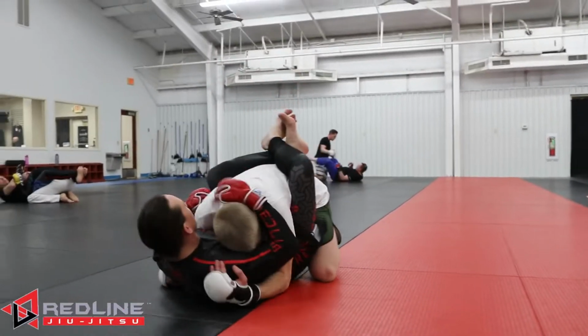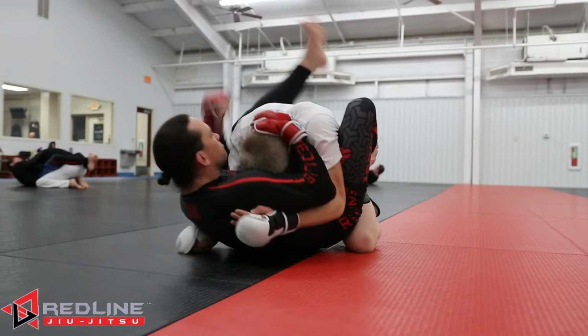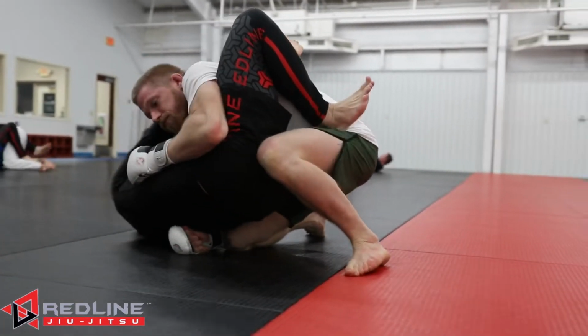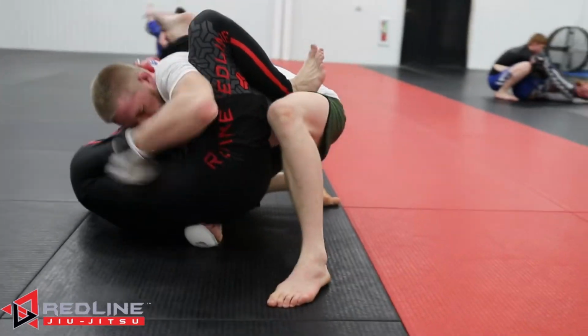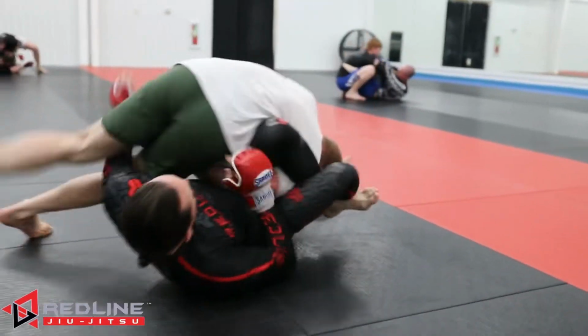All right, so this is Fightlab guard startup. Biggest person starts on bottom, or fattest person in this case, which is me. I'm starting up with a little Nino Guard action right here. Be able to keep him close. I'm going to fake for the arm lock on his left arm and really go to the omoplata on his right arm right there. He's going to try to jump over, and now he's going to try to put me